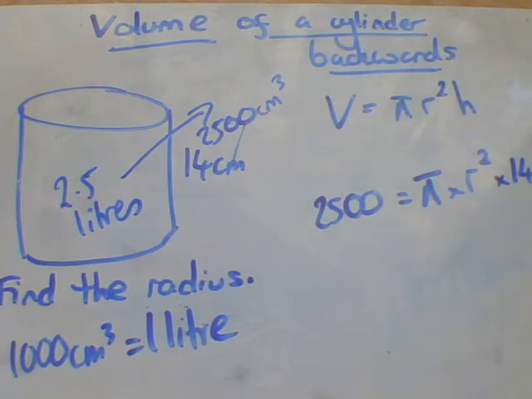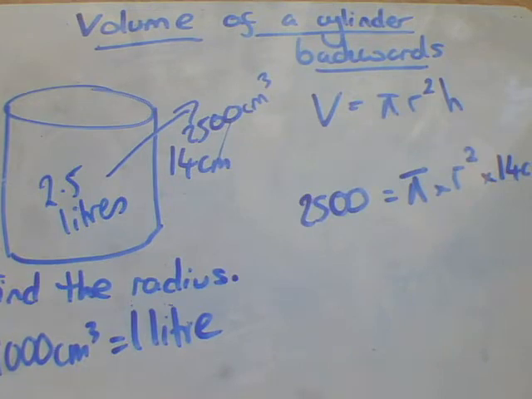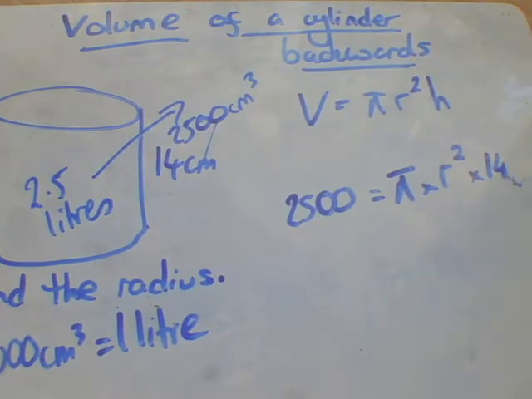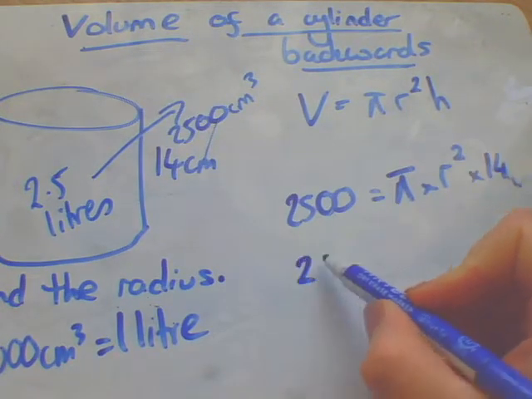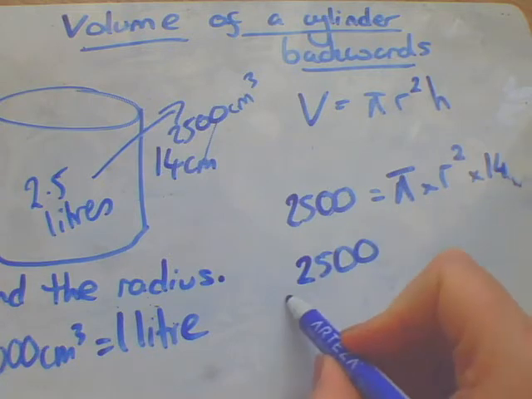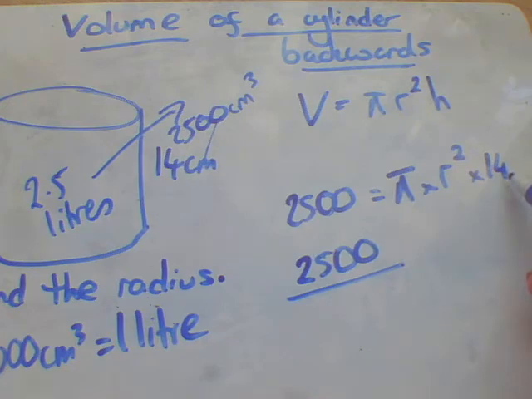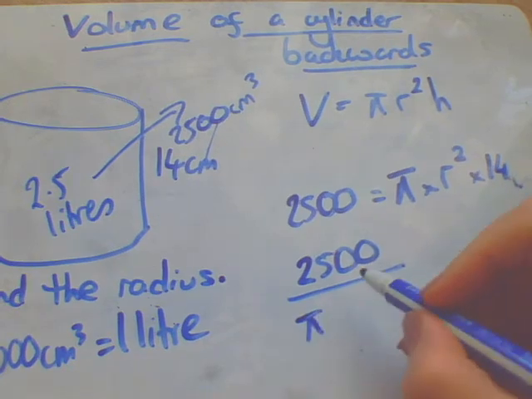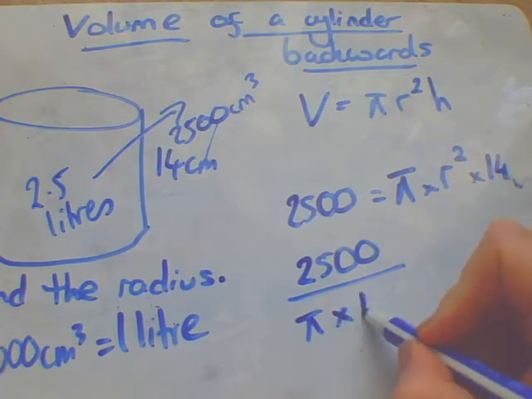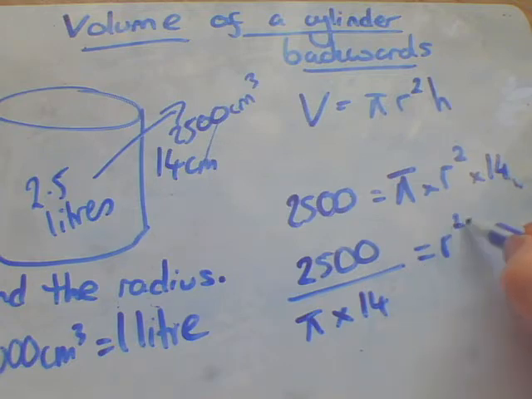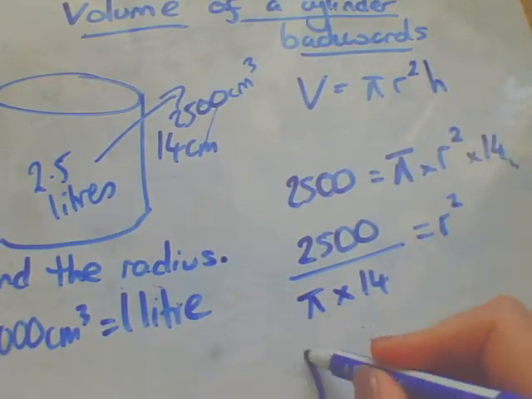Now what I'm going to do is rearrange this. I want r to be on its own. So I'm going to rearrange this. So I'm going to do 2,500 divided by pi and 14. Okay, what that's going to do is leave me with just r squared on this side. I want r, not r squared, so I'm going to take this one step further and I'm going to square